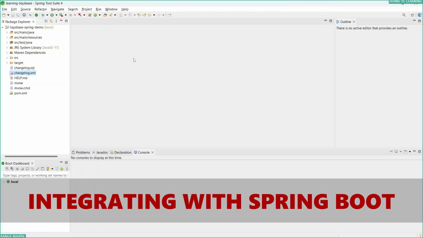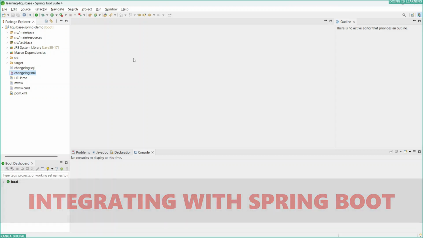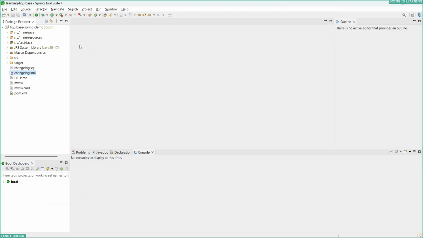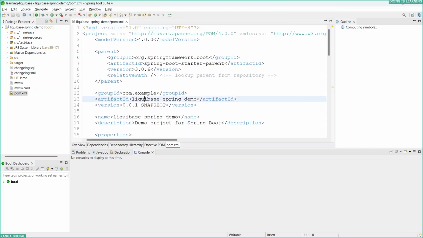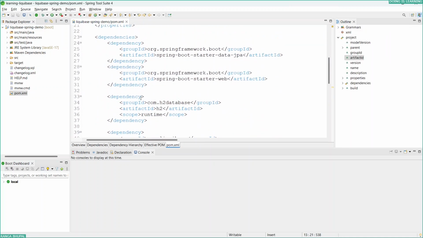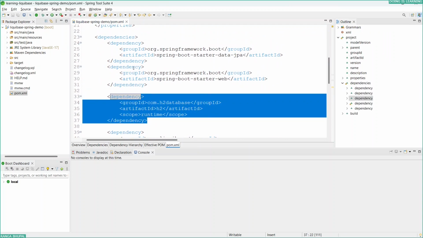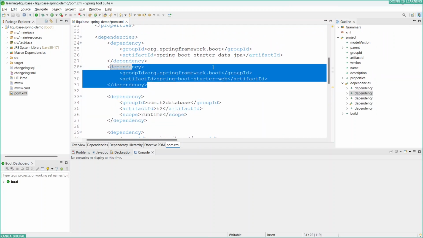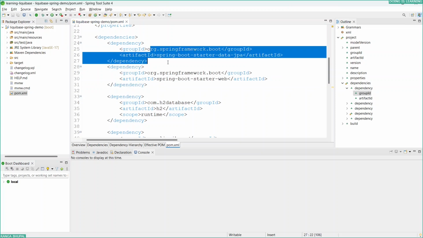Now we are going to look at how we are going to integrate Liquibase with Spring Boot project. I'm using the previous project which was created as part of the Maven and Liquibase plugin demo. In the pom.xml, we have the database as H2 and we have configured web and JPA, which is for database purposes. So now what we are going to do is configure the change log at